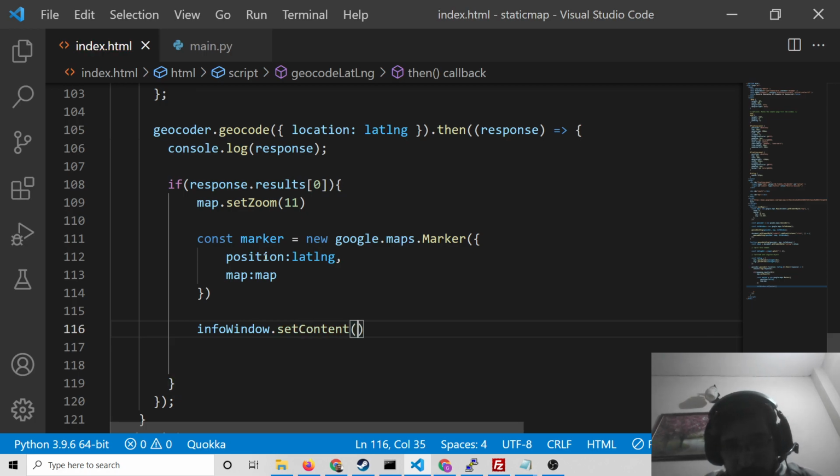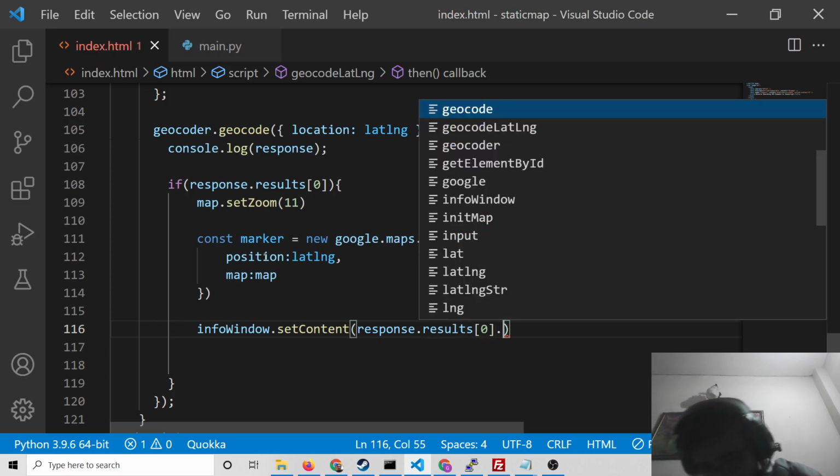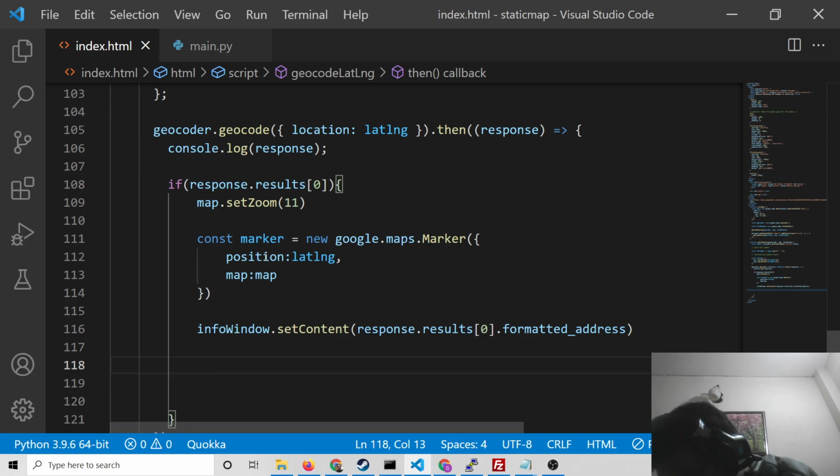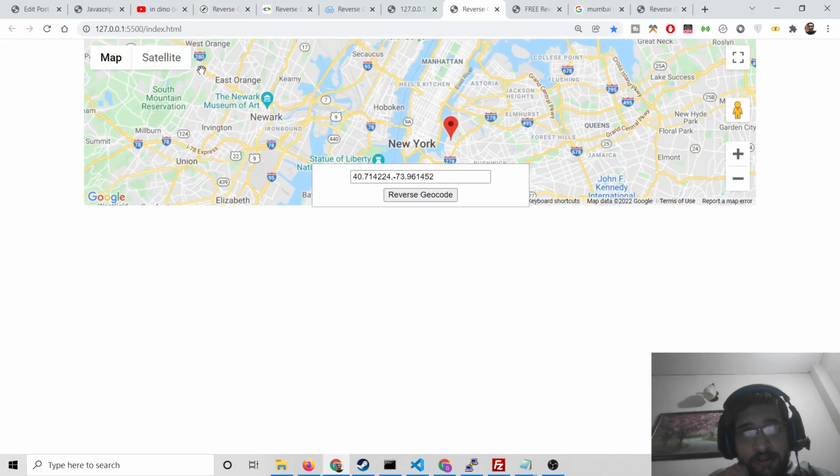This is a method. This will contain the full address, which will be response dot results dot zero dot formatted address. This is a property. Now if you refresh the application, you will also see the full address is shown to you.